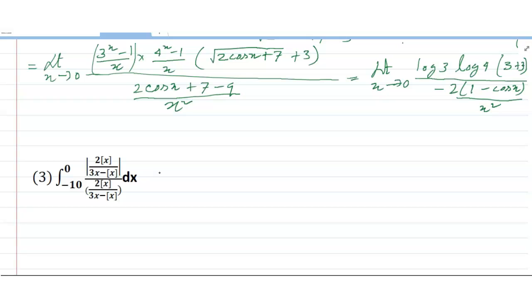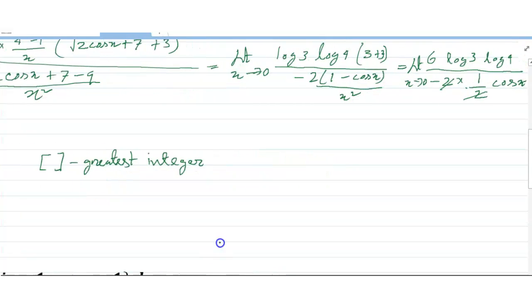So friends, our next problem is the integral from minus 10 to 0 of 2 box x divided by 3x minus box x, where box is the greatest integer function. So friends, whenever you see this problem,